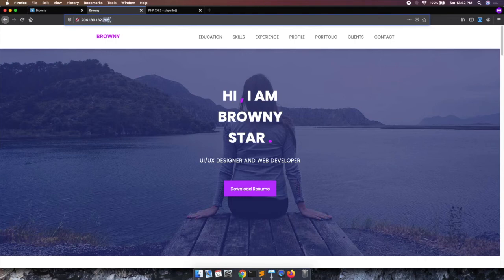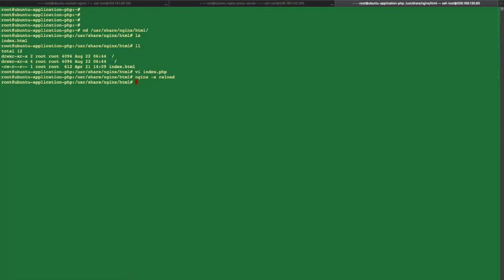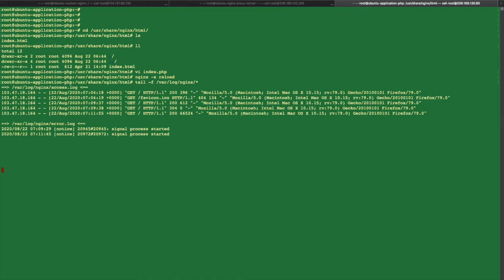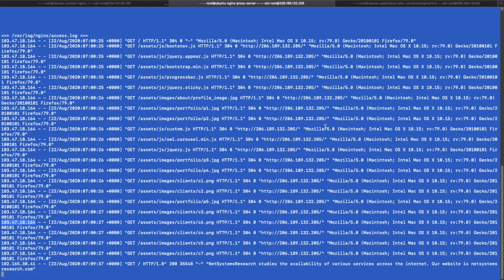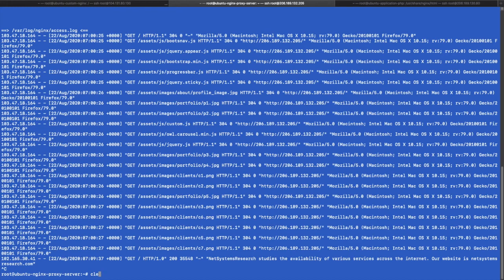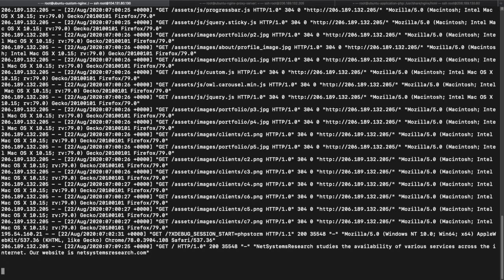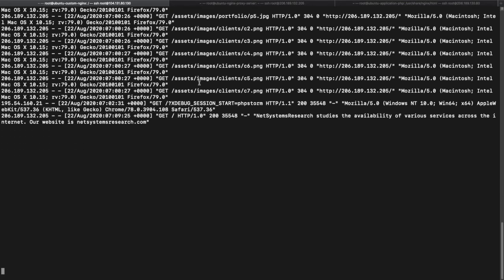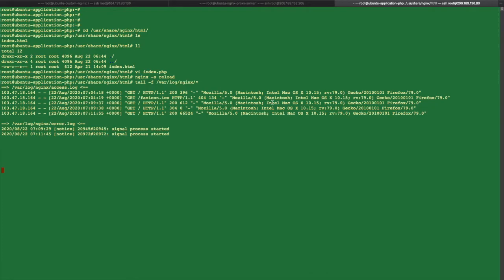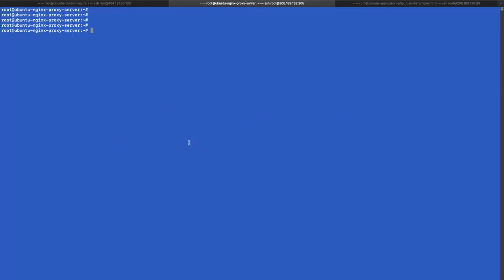Now I will go to the terminal, and over here I will tail the logs: tail -f /var/log/nginx/*, right? So here I will get all the logs which are being generated on the PHP site. This is my blue window, my reverse proxy. I will clear out the console, right? And this is my black window, my Brownie website application server. I have two application servers, one running on the black window, another on the green window, and here on the blue window I have my proxy server.